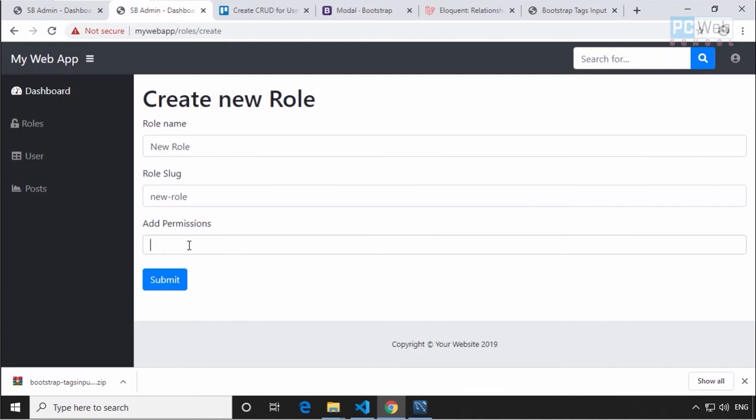Just for testing now, we're going to add some random permissions. So let's say create role, view role, edit role, and so on. Let's do delete as well, for example. Now, if everything is correct, if I do submit,